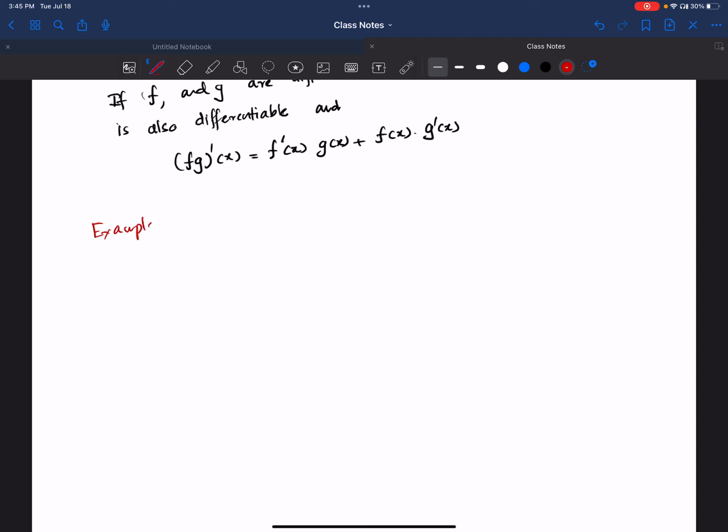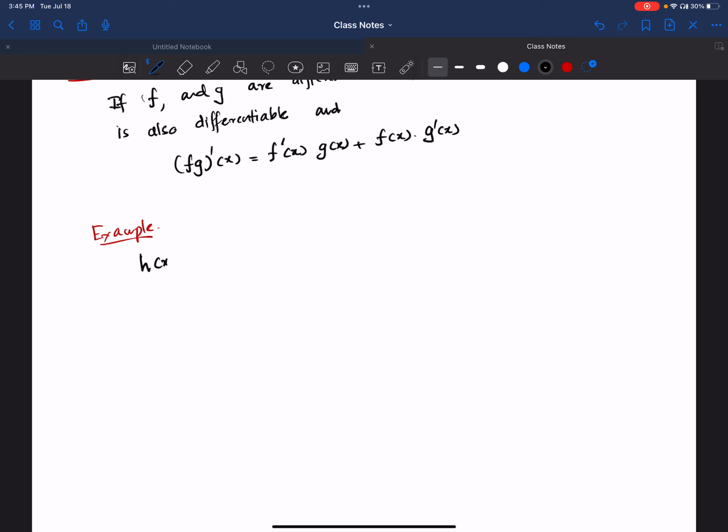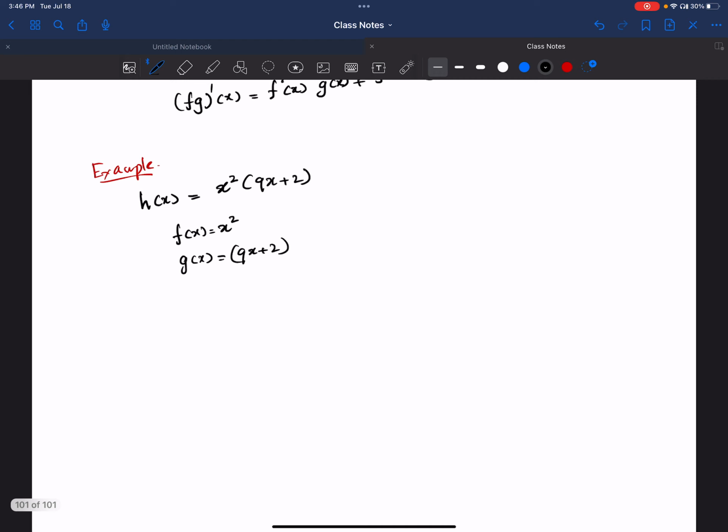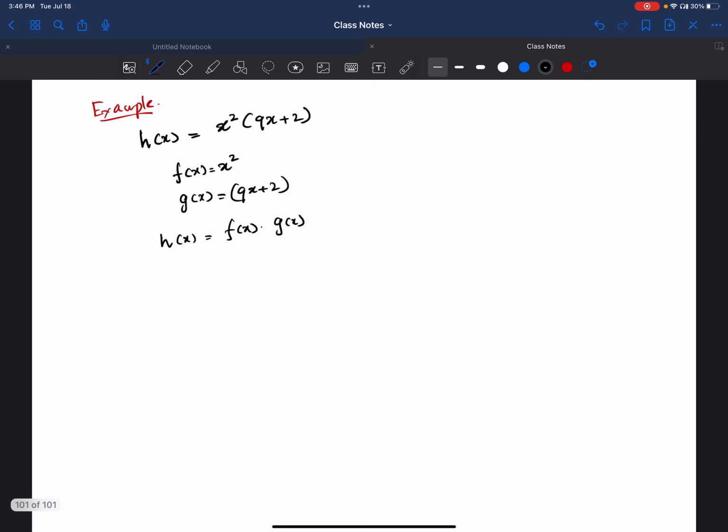Example, you get a derivative of h of x equal x squared times (9x plus 2). So here f of x is x squared, g of x is 9x plus 2, right? Now we identify what those functions are first. And then h of x is f of x times g of x. All are differentiable functions. And then we can find h prime x,